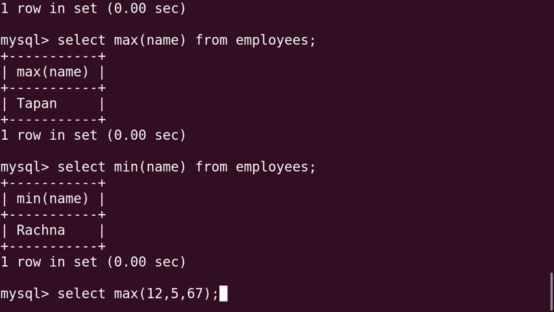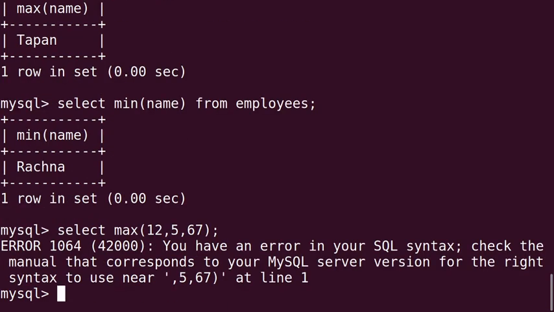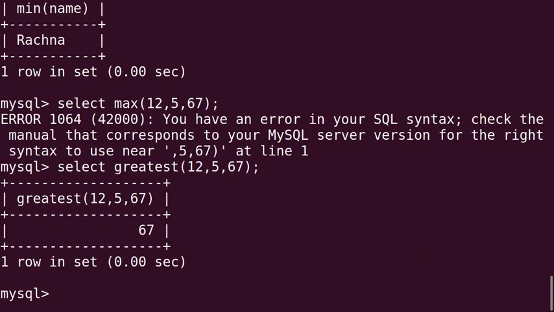Can we get the maximum number among the three numbers like this? We are getting error. In this case we are supposed to use greatest function. Max function is the aggregate function, with that we can't get. So here we are supposed to use greatest. With the greatest function we can find out the answer. It is non-aggregate function.